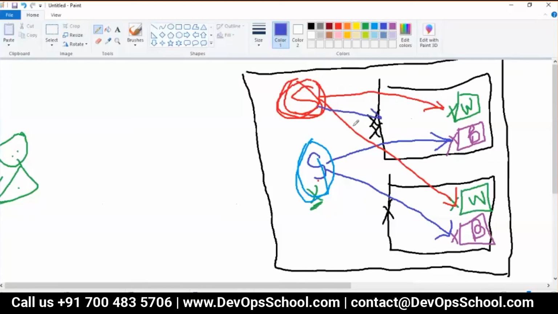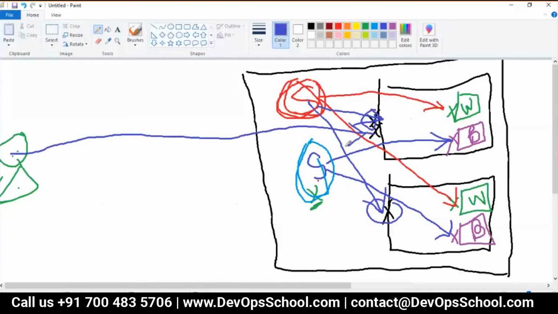So what needs to be done? This web service needs to be port forwarded here also and here also. Don't worry, this whole task will be done by one command, but you need to understand how it works. That's all.